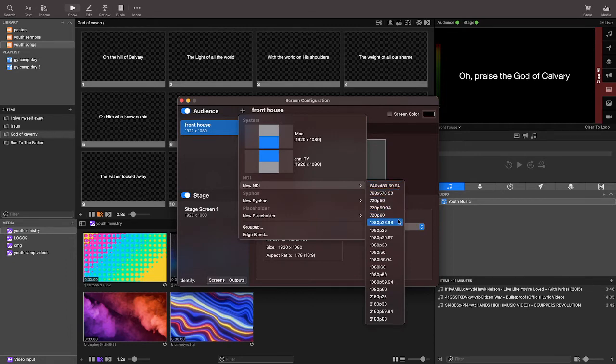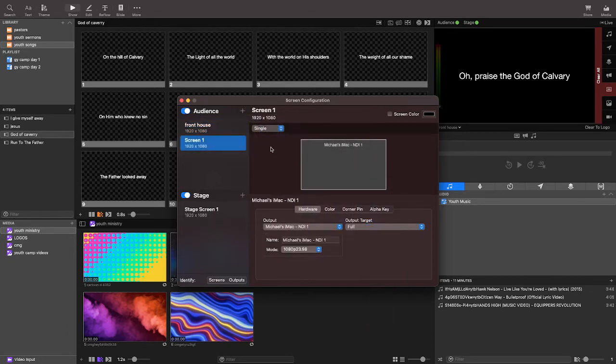It's 1920 by 1080, and it is automatically set up to say your iMac name. If you've got multiple instances of ProPresenter running NDI to something, you can change that so you don't get confused. So we're going to rename it lower